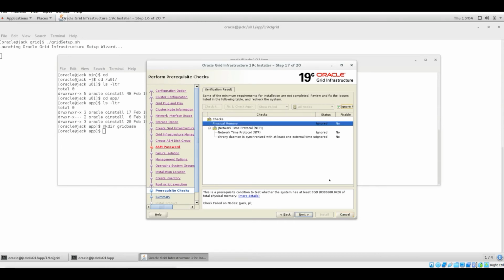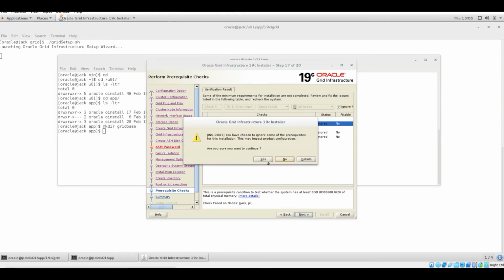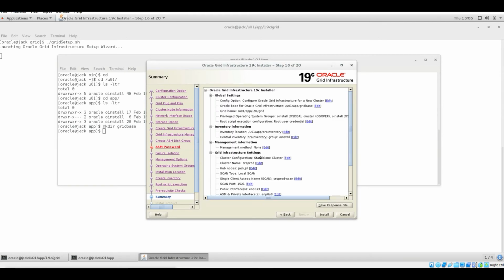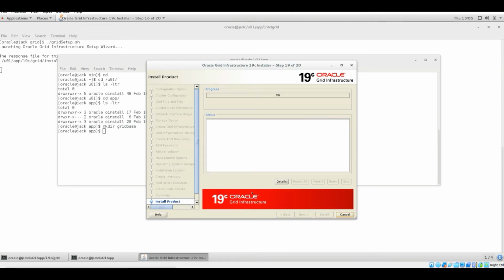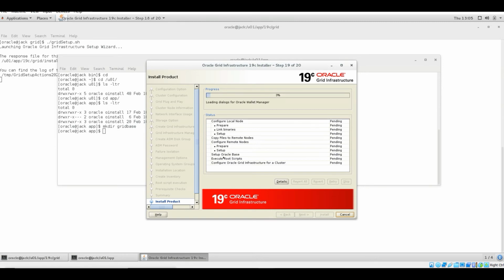So I will ignore this and proceed, and then press install. This will take a while for my grid setup to install. I'll pause the video until it asks for the step where we can execute the root scripts.